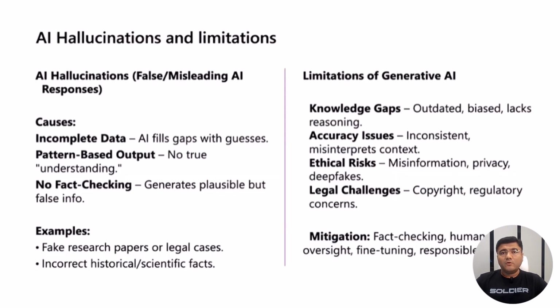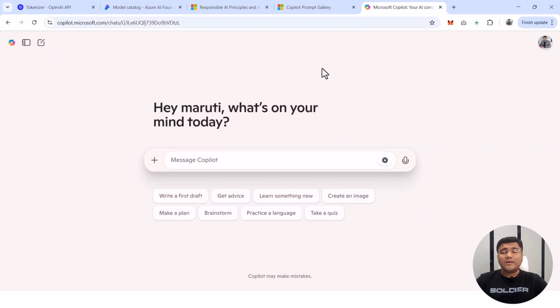Now, before we proceed further, I just want to add on some of the limitations of AI systems. Remember, the first limitation of AI is known as AI hallucination. AI hallucination is that particular issue because of which AI systems can give you false or misleading AI responses. Like if I go to copilot.microsoft.com, this is a URL based on which I can get my Copilot